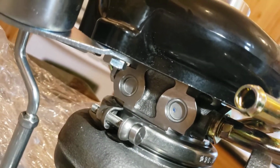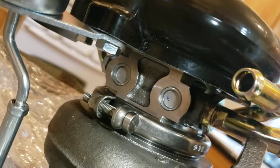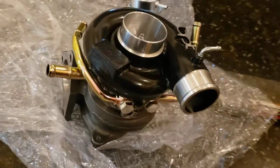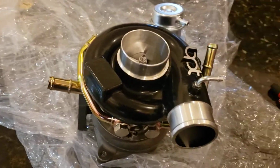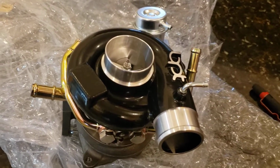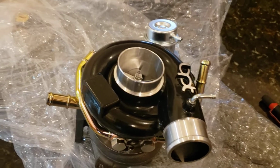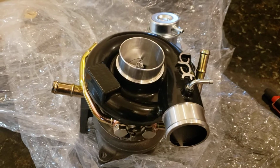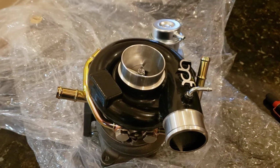But all in all, I'm happy. It'll make the number I want it to. Like I said, I'm OEM with just forged pistons, so we're not going to make big horsepower numbers. So this was going to be a 1.5 Dominator, but